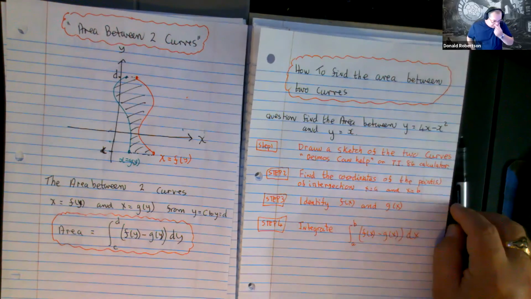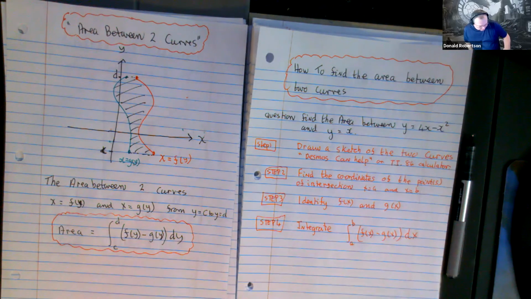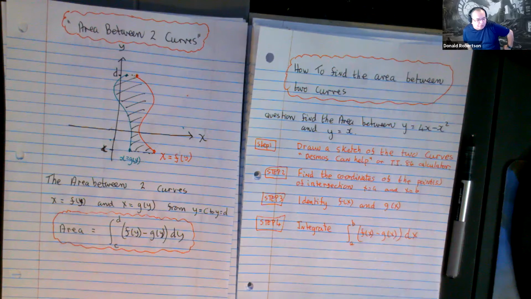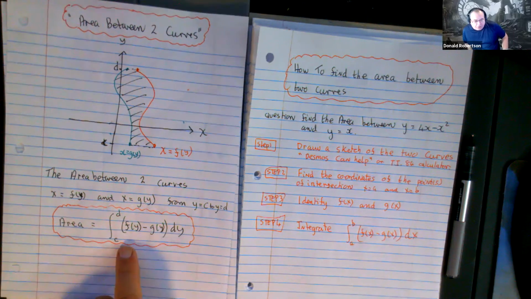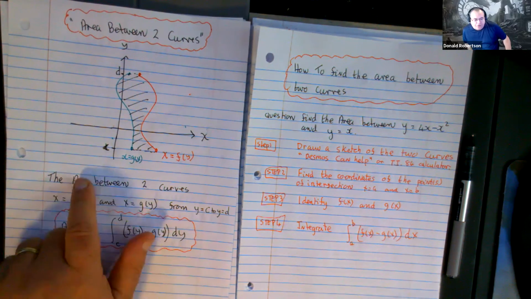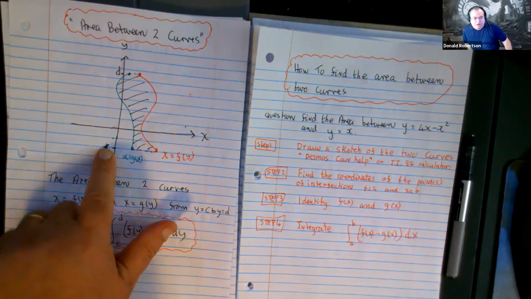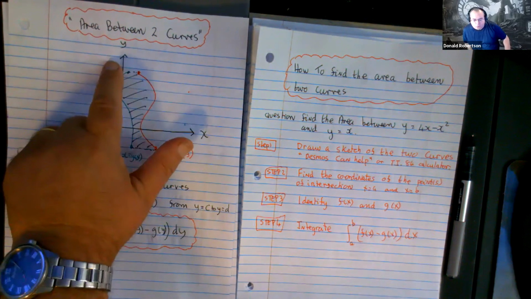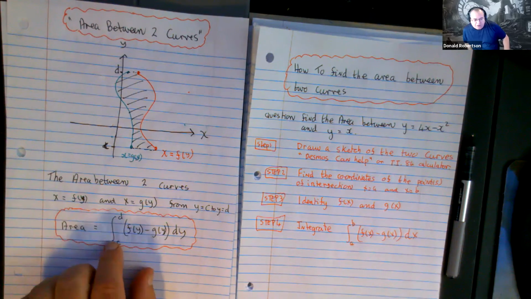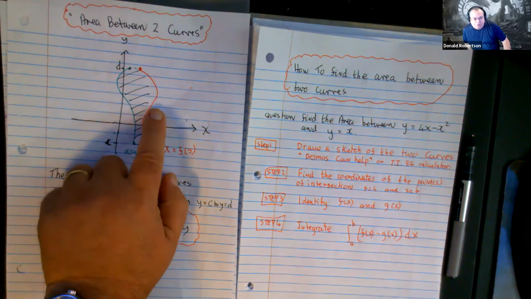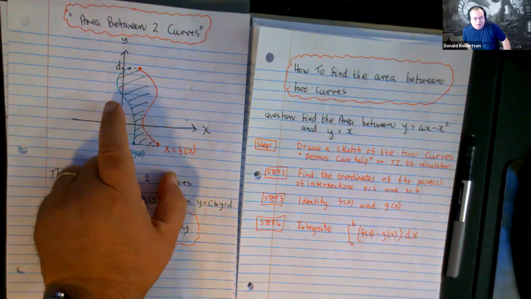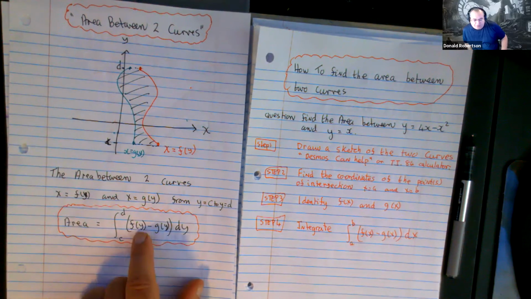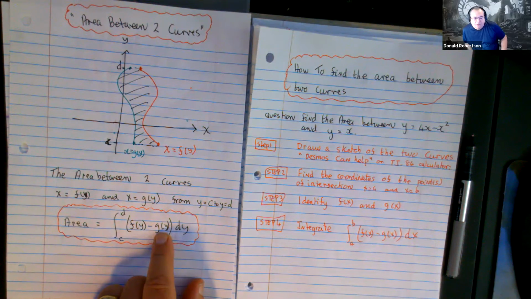And the formula for the area between curves when they're orientated in terms of y, as these are, where x is a function of y, is essentially the same formula. The differences are, do you notice that you go from c to d, which means the start and finish of the integral are y coordinates. And you have a function f of y, take away a function g of y. Now I've written it down as f of y, take away g of y, because it is. But